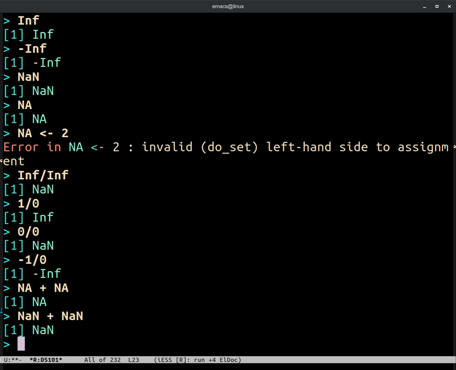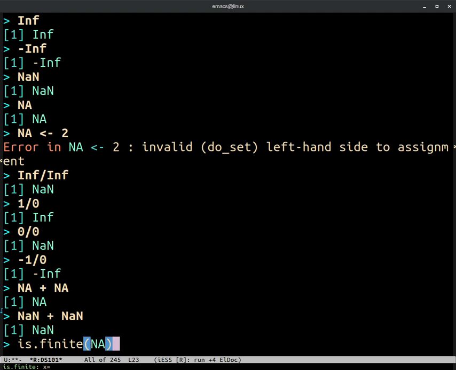What is useful is to use a few functions that you can use in order to decide finiteness or non-finiteness. And this is kind of an introduction also into the logical values, which is our next chapter. So there's a function called is.finite, which checks finiteness of the argument.